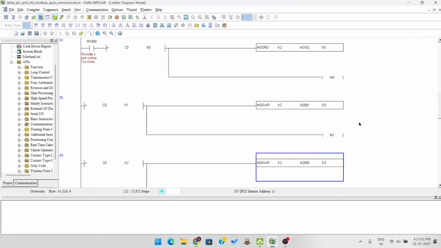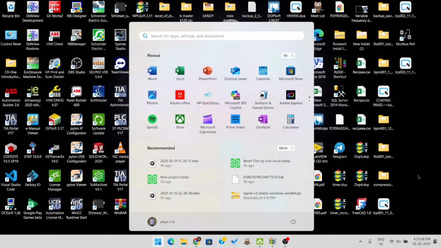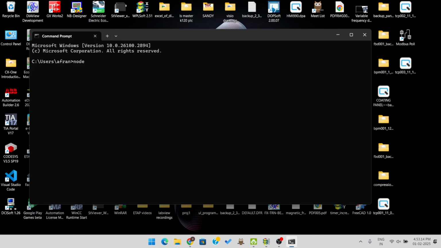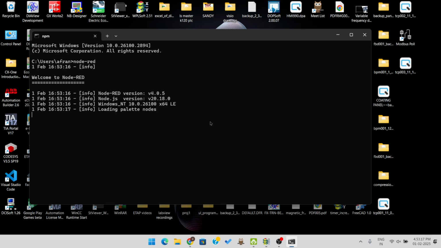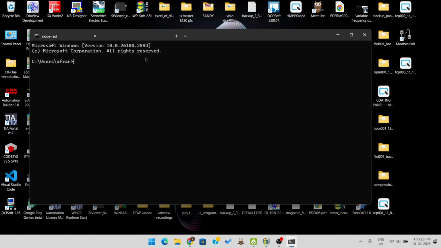Okay, fine. Next, after installing everything, if you want to make your port global, again first we need to run the cmd. In cmd, first I will run node-RED. Node-RED is running, which means that port 1880 is online now. Next I need to run ngrok. For running ngrok you need to type ngrok space http space and then the port address. The Node-RED port address is 1880. If I give enter,